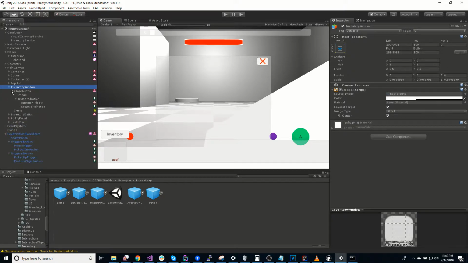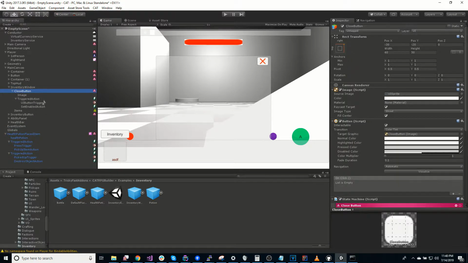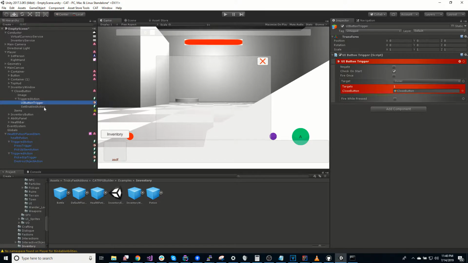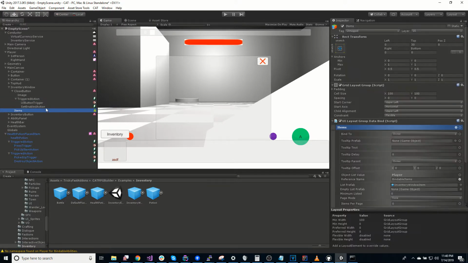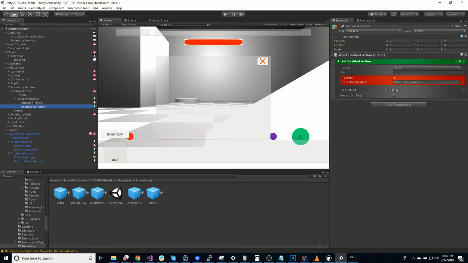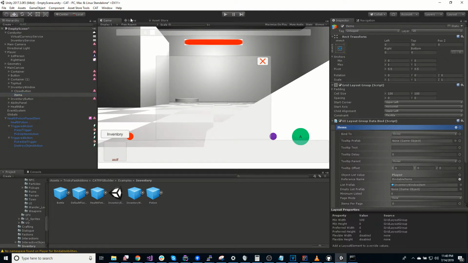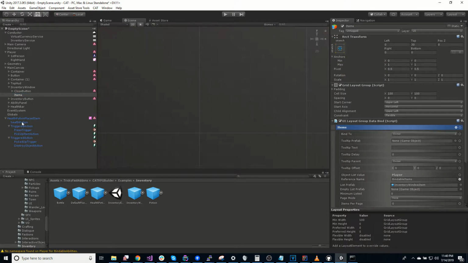So in the window, we just have a regular close button. All that does, once again, that's a state machine with a UI button trigger on it. And then it just sets the window disabled whenever you click on it. Pretty quick, pretty easy. The main thing that we have here, let's take a look at this,